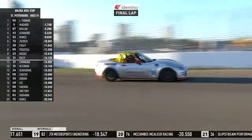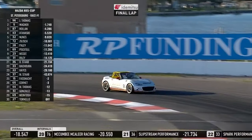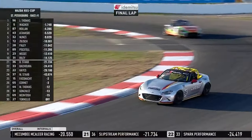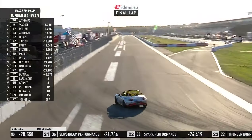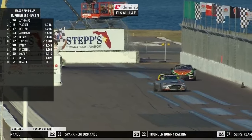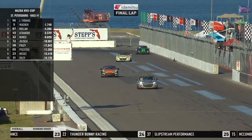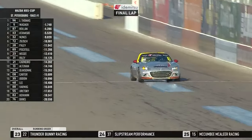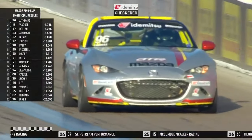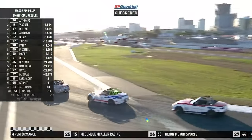First position in the overall is Jared Thomas. He's got just the final 2 right-handed corners. Sun will be in his eyes. He won't mind that at all. He can see the checkered flag being ready, and the VP Racing Fuel checkered flag is waved. Right on the line, the lights flashing, and Jared Thomas for JTR wins round 3,